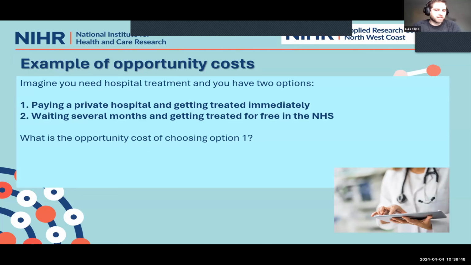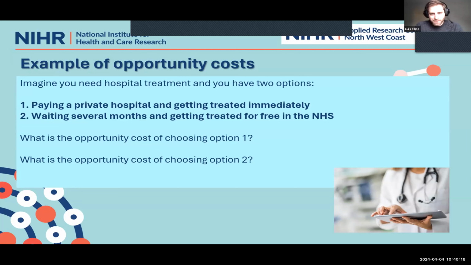So just to give an example, but the general answer is what else could you be doing with that money? What would be the best option? That would be the opportunity cost. Now, someone said that getting treated immediately is the opportunity cost. Not quite. That is going probably to be in the second one. So let's go to the second one.